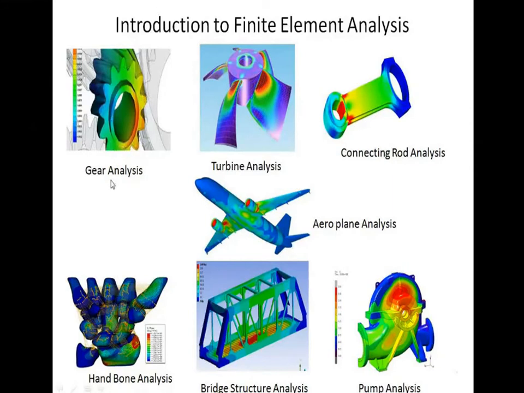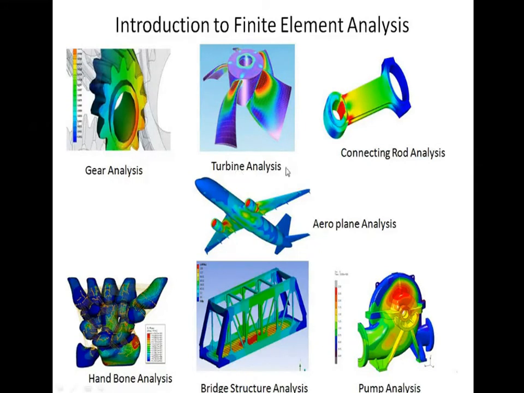It shows the different kinds of color contours, where the red color shows the higher rate of failure, and the blue is considered to be a safe region. So such kind of analysis can be done with different kinds of boundary conditions, different kinds of loadings, or different kinds of material.